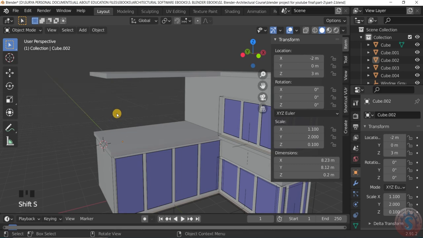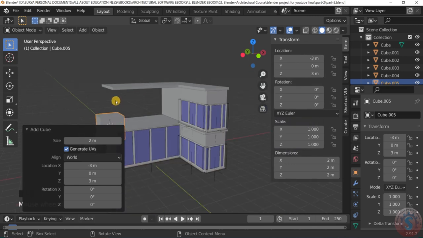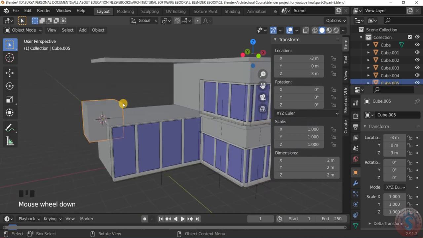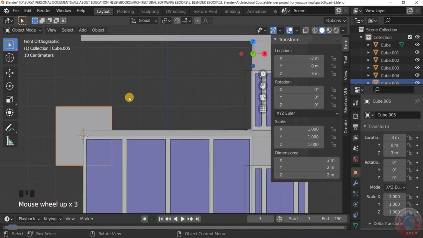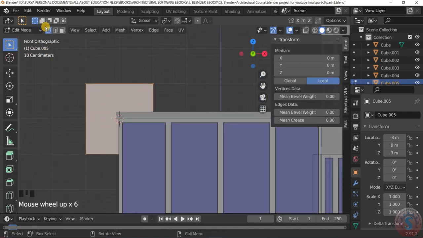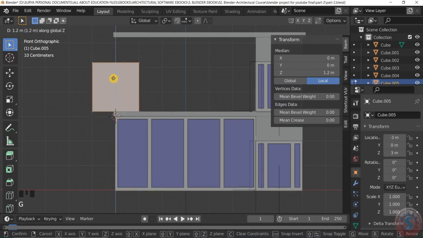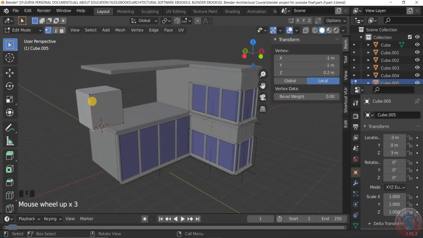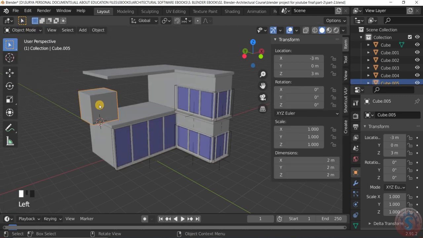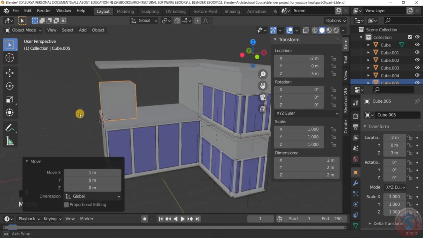Go into the shift A on the object mode, give the cube and adjust the cube again by pressing on the 1, and go into the edit mode and select the vertex and G, again Z, by using the control, snap it. Again go into the object mode, select the object, G, X, clicking on the 1 key and adjust like this.